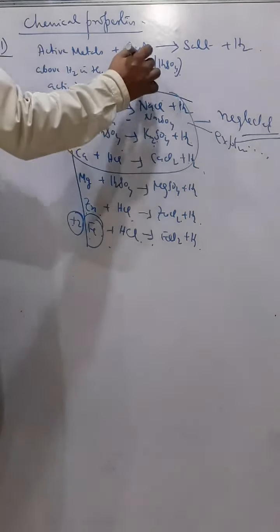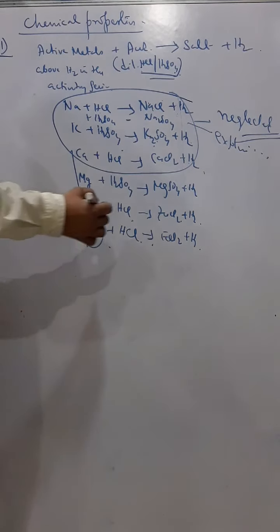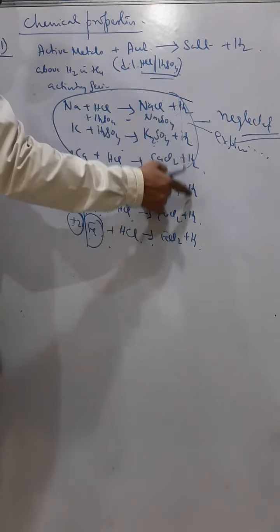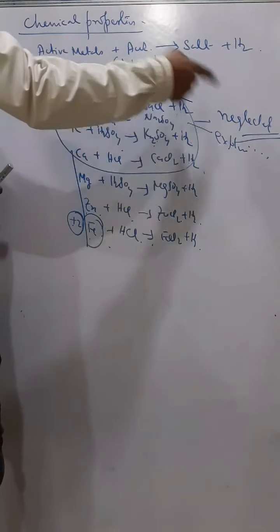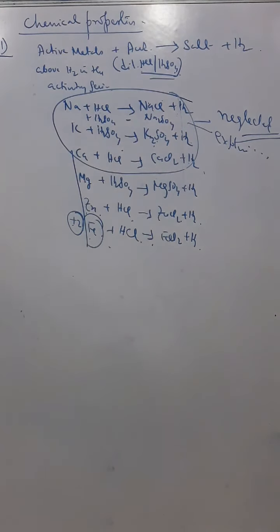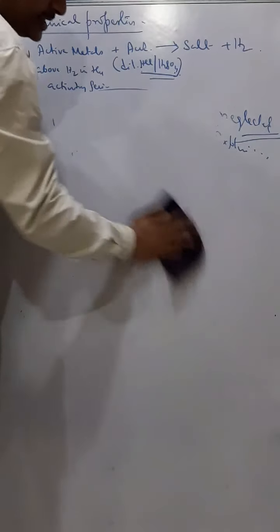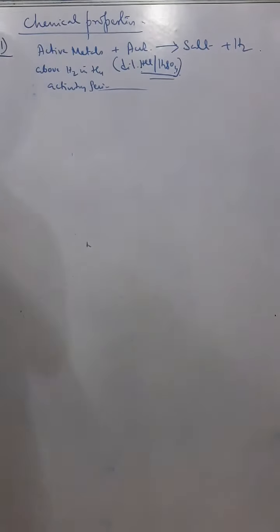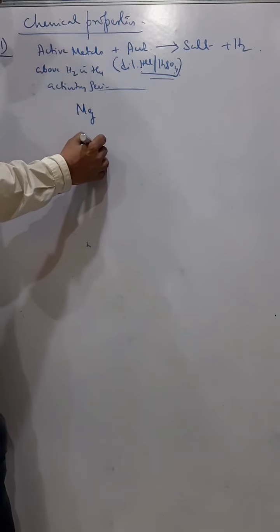Similarly, we don't use nitric acid, because I told you that nitric acid is a very strong oxidizing agent and it does not give hydrogen. It produces water. Instead of hydrogen, nitric acid oxidizes the hydrogen to water, and hence we don't use nitric acid. But there are two metals which give hydrogen with nitric acid. You should remember the names of those two metals, very important. That's magnesium and manganese.